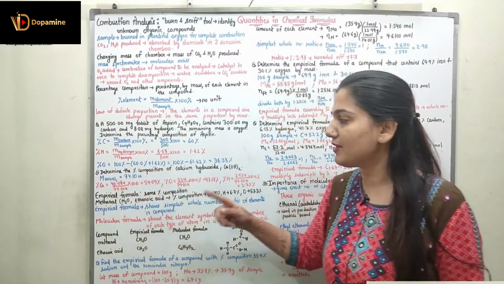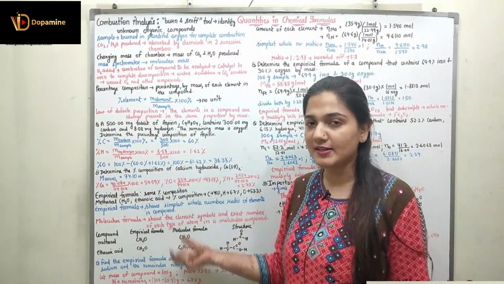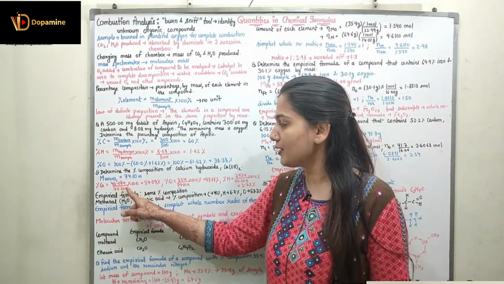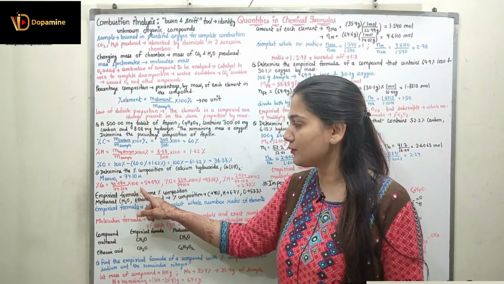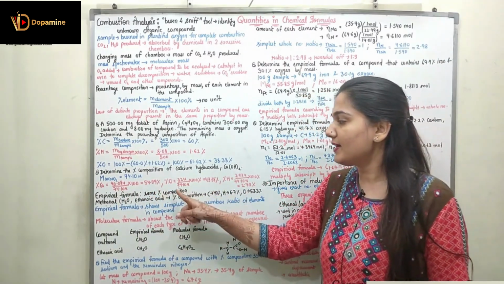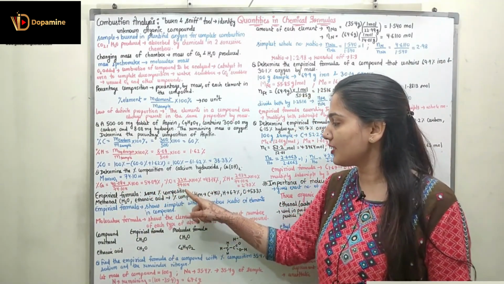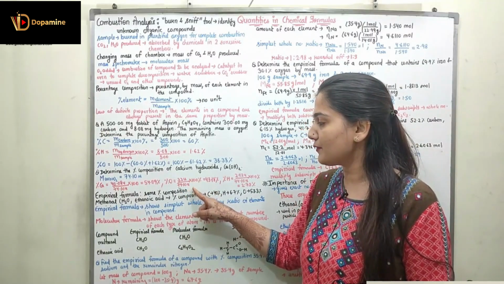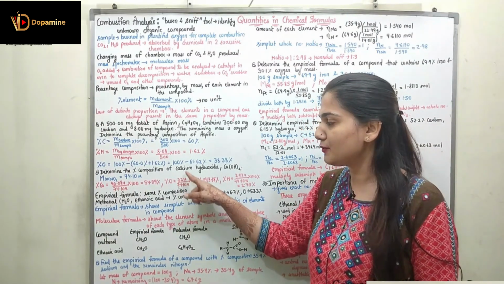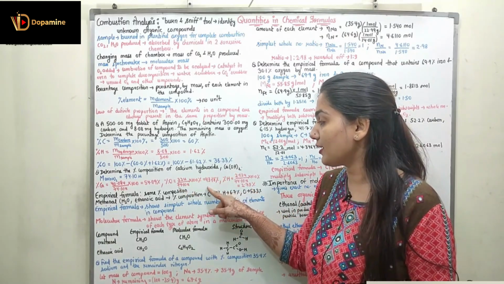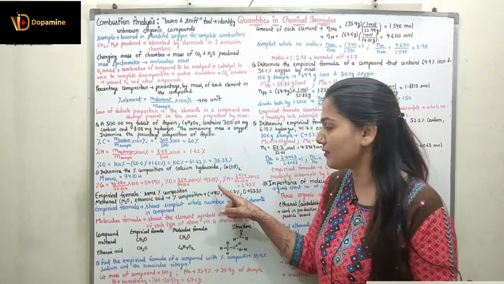Percentage of calcium will be equal to the molar mass of calcium divided by the molar mass of CaOH2 multiplied with 100. So 40.08 U divided by 74.10 U multiplied with 100, which is 54.09 percentage. Similarly, I can find out the percentage of oxygen. The percentage of oxygen would be 32 U divided by 74.10 U multiplied with 100. 32 is the molar mass of oxygen in this compound. So the percentage of oxygen is 43.18.